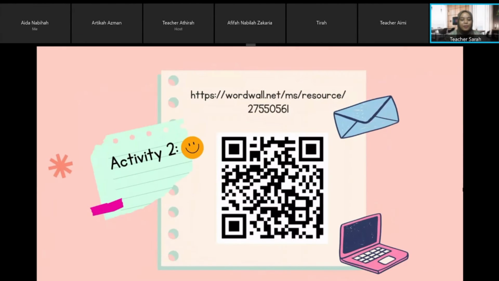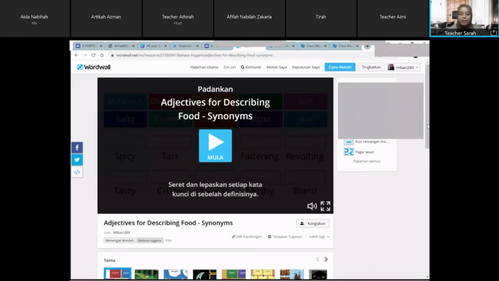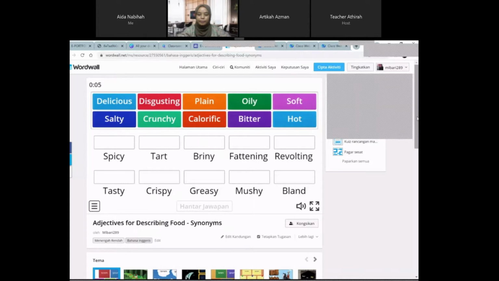Okay, next. All right, so let's do some activity. You can either scan the QR code or I will share the link with you. Student, can you open it? Yes, teacher. When you go to the link or scan the QR code, this will appear. There is a set of questions here. I will give you 5 minutes to do it individually, and we will come back and check it together. Is it okay, student? Okay, teacher.